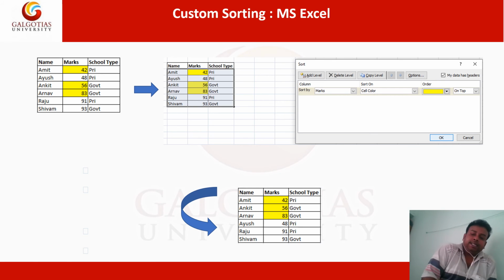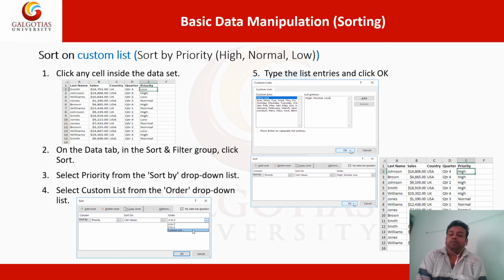You see that in this custom sort we are not sorting in ascending or descending order. Instead we are sorting on a property of the cells.